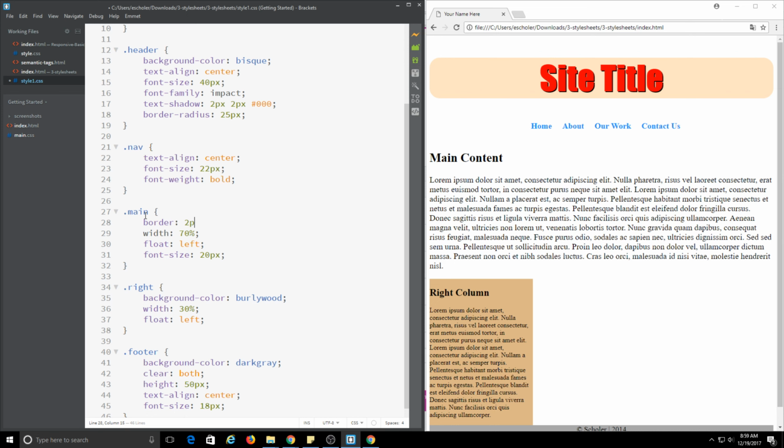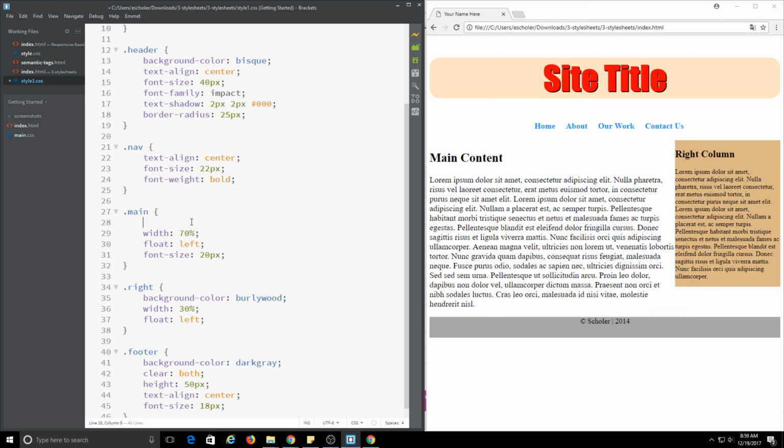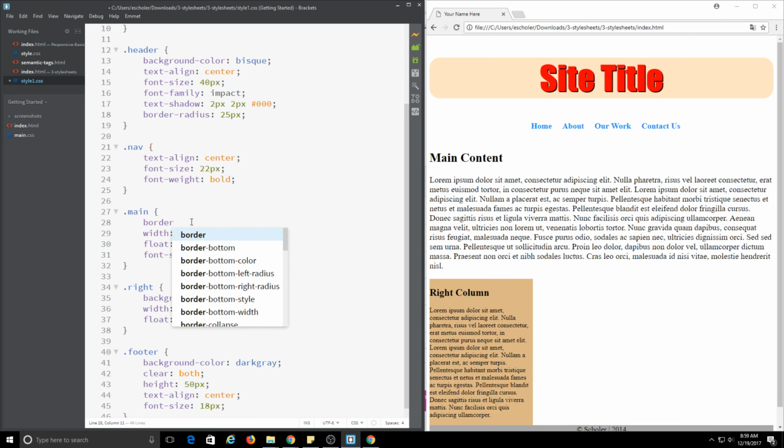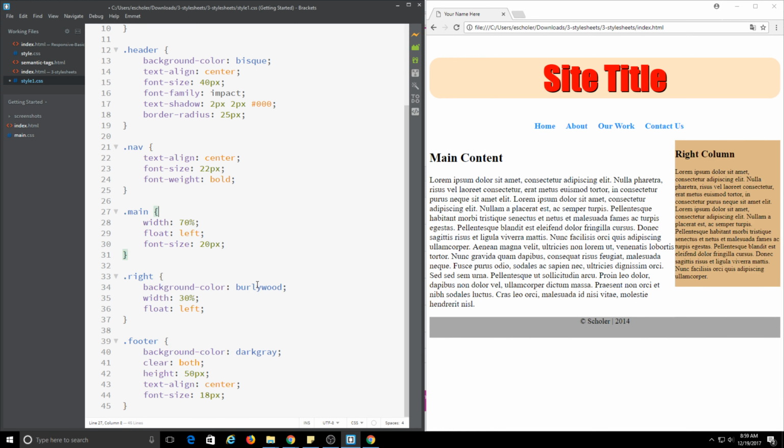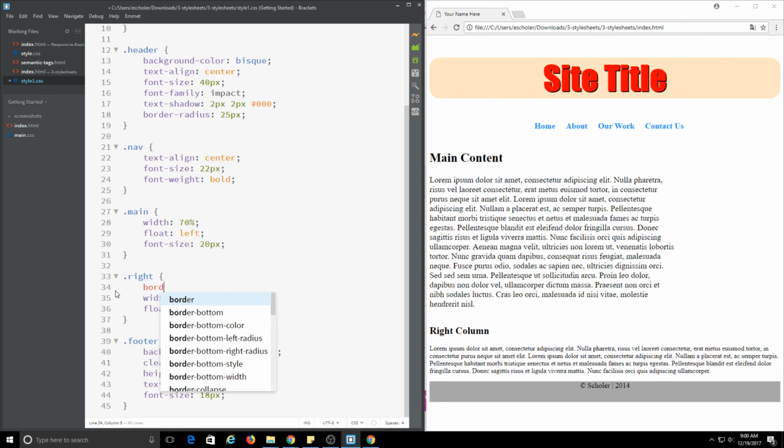And in fact, let's just leave. Yeah, border. Oh, let's leave the border off this, actually. Let's do the border on the other one. So I'll take the right column off, the color as well. So I'm going to do a 2 pixel dashed, or you can do dotted, solid, whatever. And I want it to be,